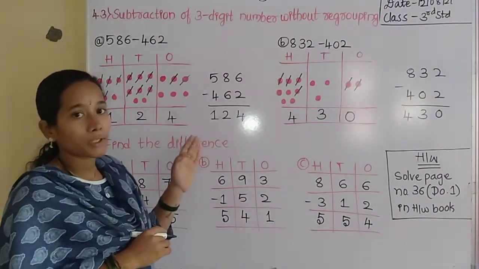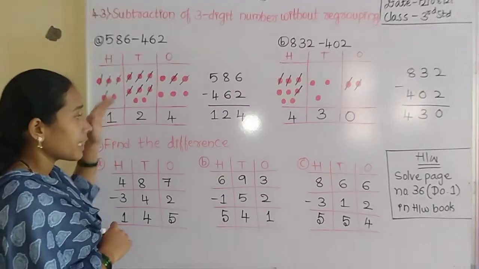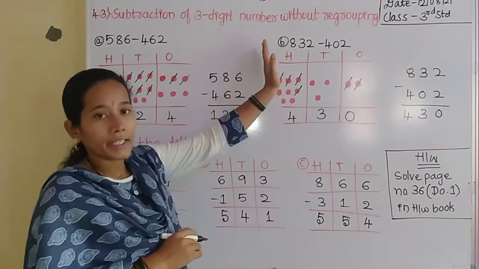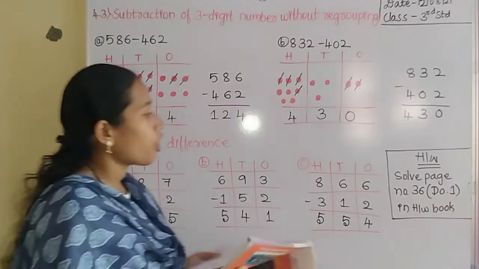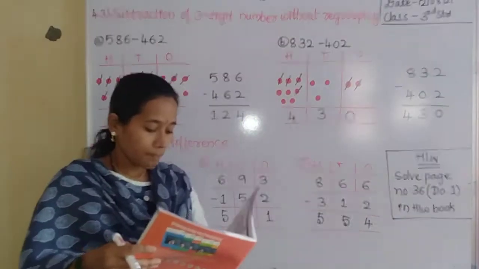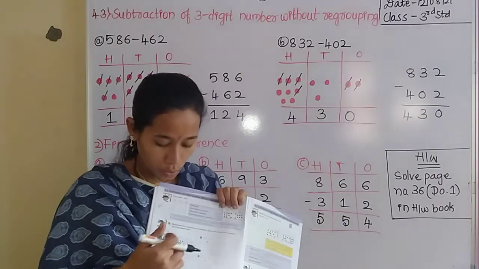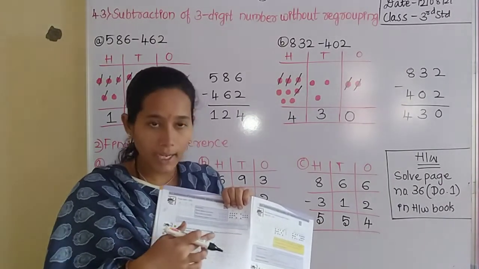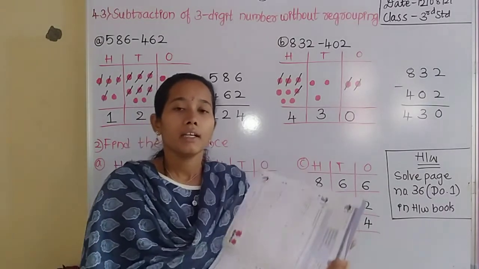This is your classwork. Write it in your classwork book with respect to their positions. First write A one. After that leave one line and write the next, B one. Okay. And today's homework is to solve page number 36. In page number 36, you already solved these two in your classwork book, A one and B one. Solve C and D in your homework book. Okay. This is your homework.